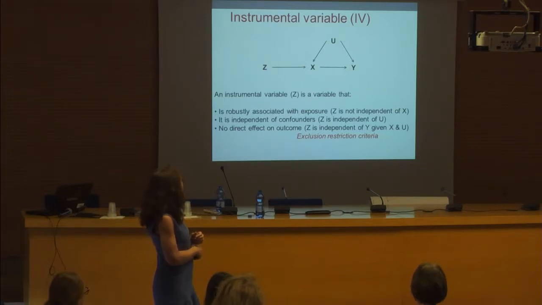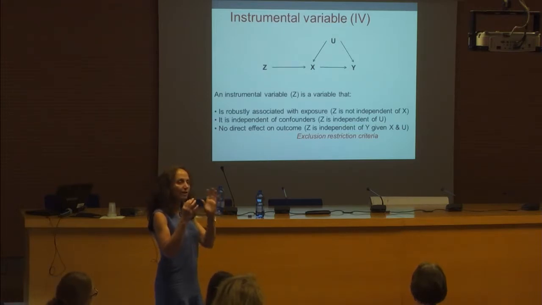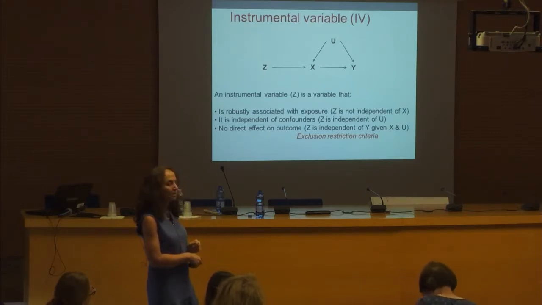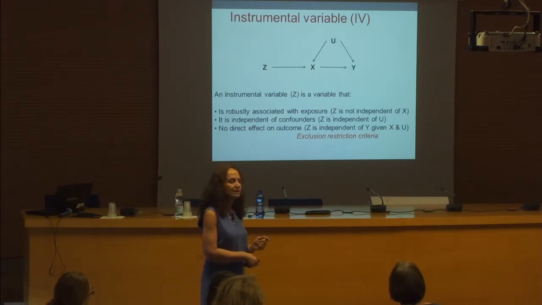There should be no link between your instrumental variable and confounding factors for the risk factor outcome association, which is Y drawn on here. And then lastly, this last, which the econometricians called the exclusion restriction criteria,